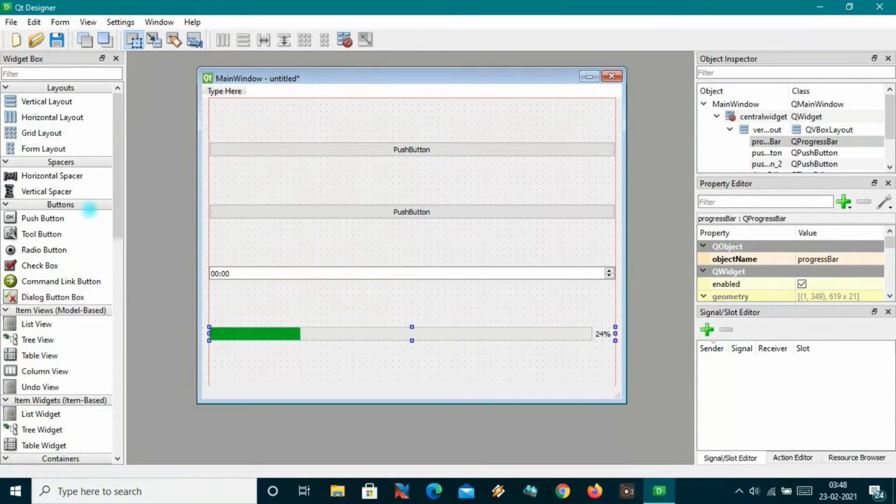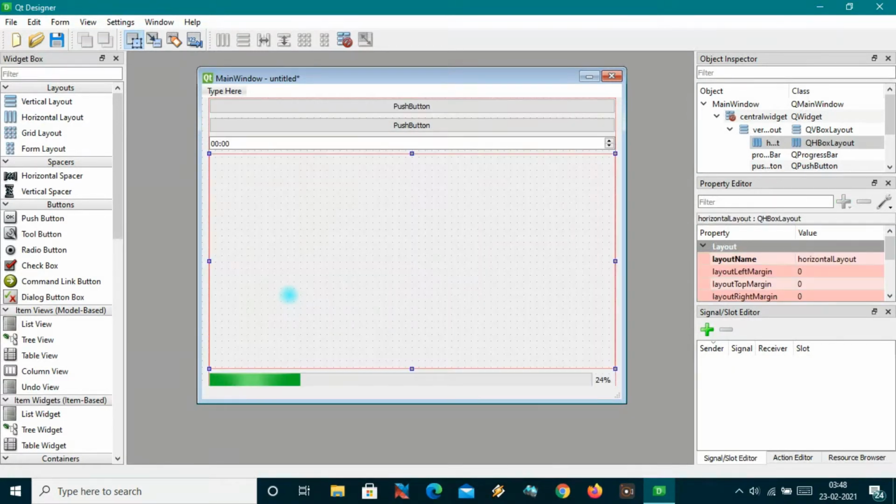vertical layout. Let me add here a vertical layout to add some more things. Okay, so I have a vertical layout under the horizontal layout under the vertical layout. As you can see, it is the tree view of the vertical layout, and all the things are in the vertical layout. Like as you can see, it is the horizontal layout and it is under the vertical layout. Let me click on this icon, then it will hide all the things which are under the vertical layout.